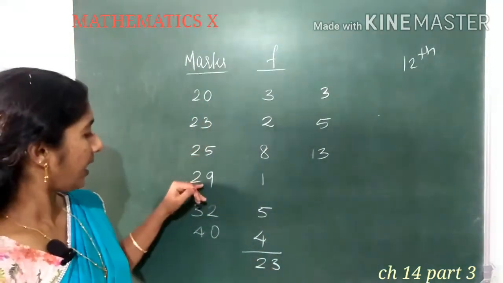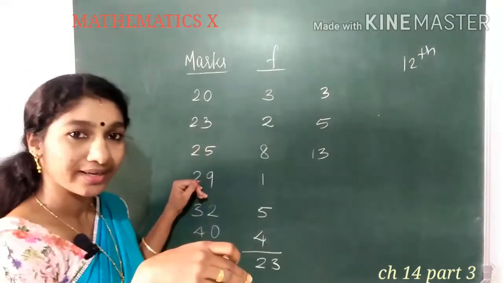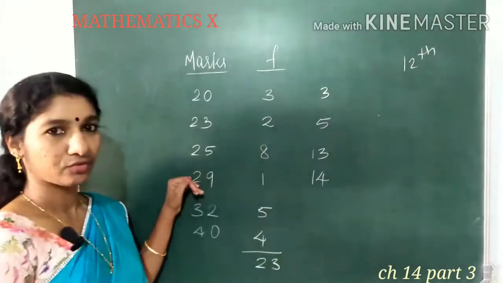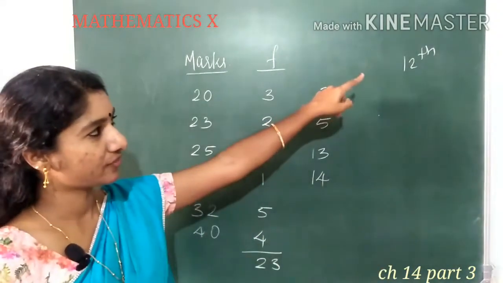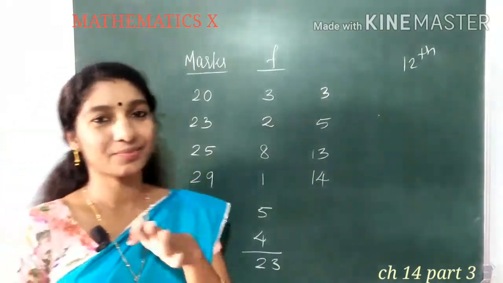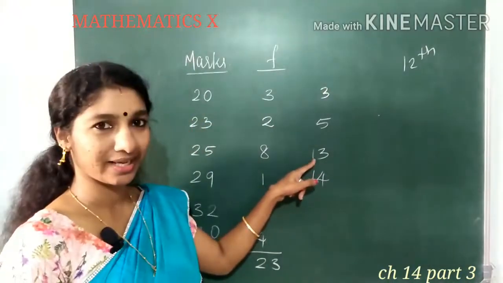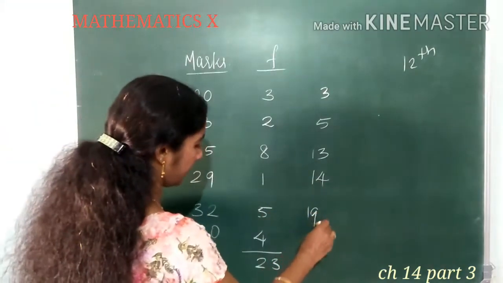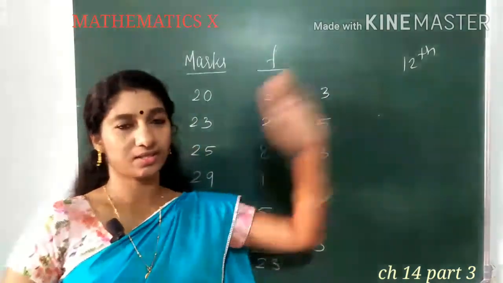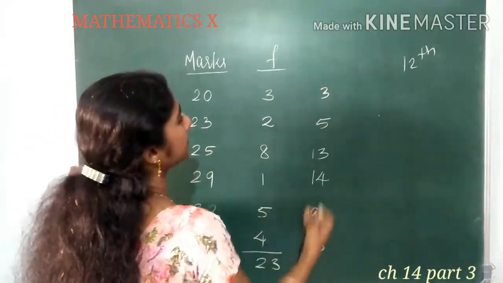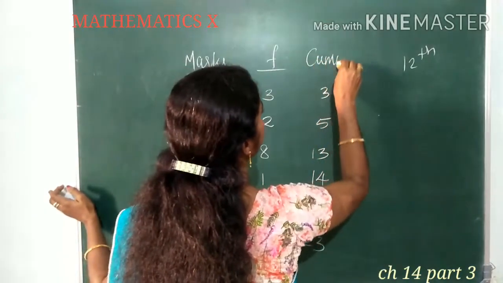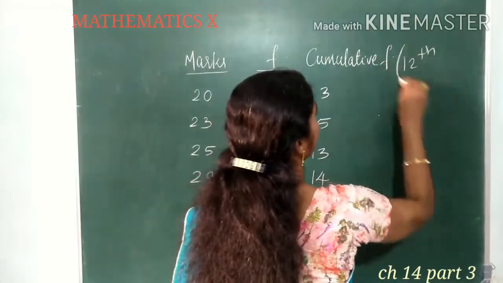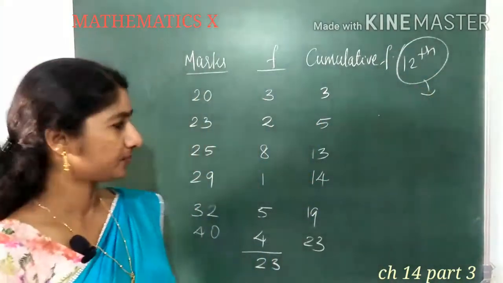students are there. And those who got the next mark, 29 marks, we are calling that student. So now 14 students are standing. Our aim is to find the 12th position value. So has that particular student come? The 12th position has come. Now 14 students are standing. If we continue, what will come? 14 plus 5 is 19, 19 plus 4 is 23. Now 23 are standing. This way of writing the frequency, we call it cumulative frequency. And we need to find the 12th position value.